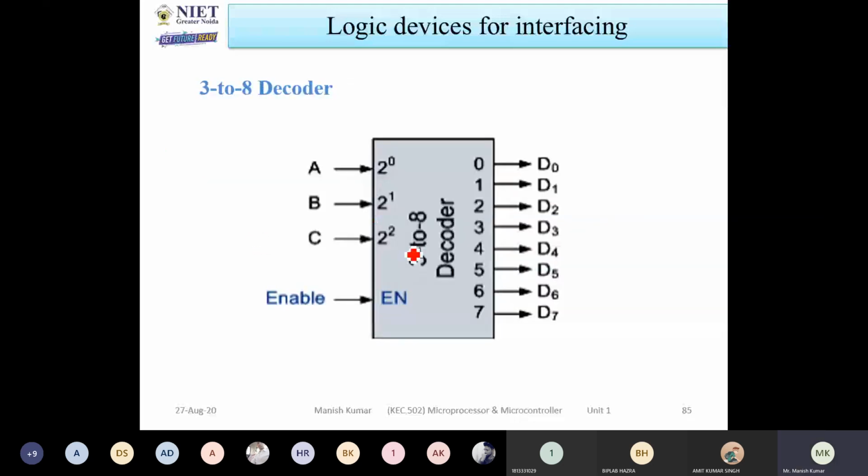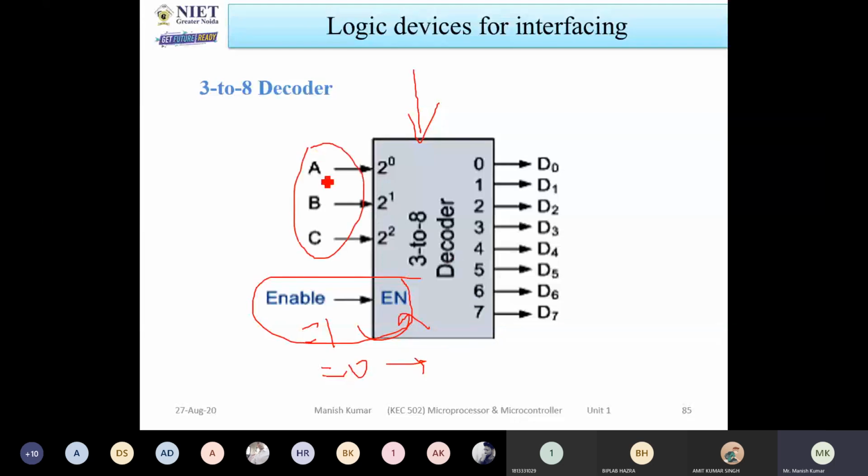Now think that in an encoder or decoder, there are lines called enable lines. With the help of enable pins, we activate this circuit. If En equals 1, then you can use this circuit. Otherwise, if it is 0, you cannot use this circuit. So these are the A, B, C three inputs. For the three different inputs, you can get the 8 outputs. For D0 it is 0, 0, 0, for D1 0, 0, 1, D2 0, 1, 0, like that.